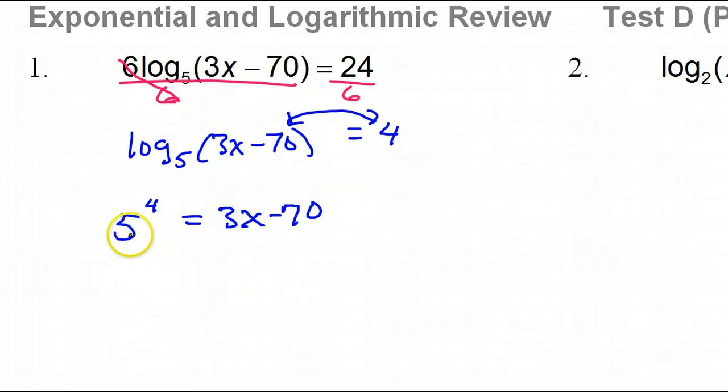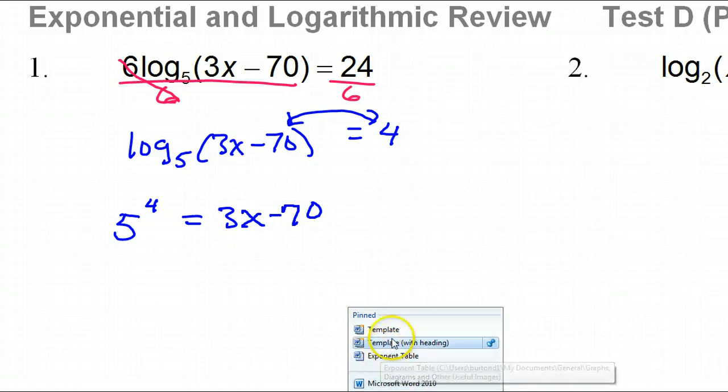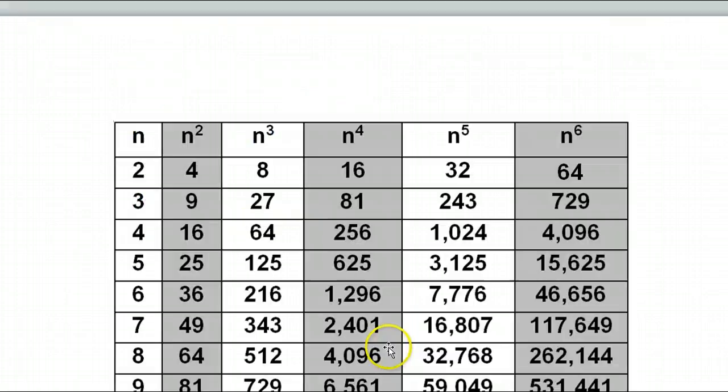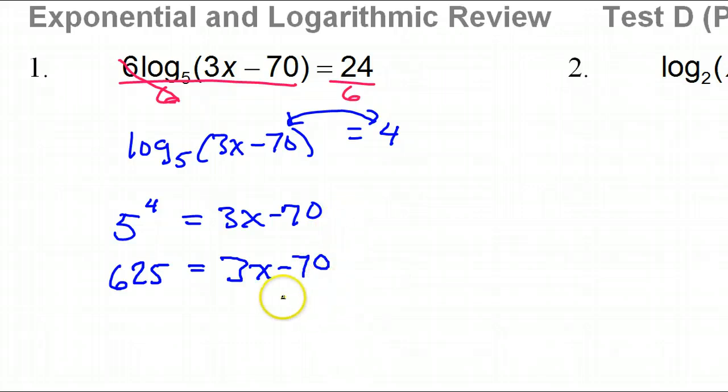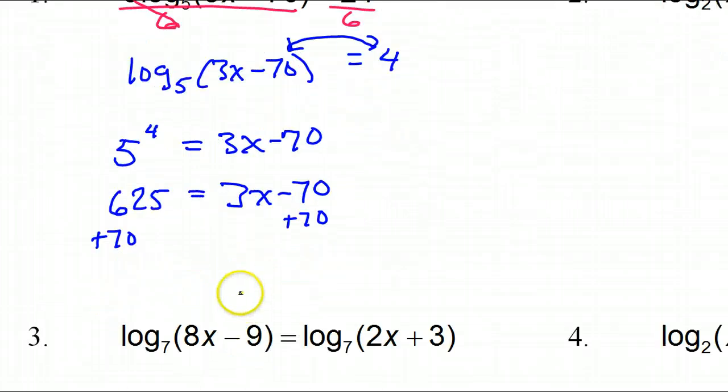So the 4 comes over here as the exponent of exponent form, and the 3x minus 70 comes over here. Okay, 5 to the 4th power, it's a pretty big number. 5 to the 4th power is 625. I should have known that. So I have 625 is equal to 3x minus 70. We will add 70 to both sides. Okay, so that will give us